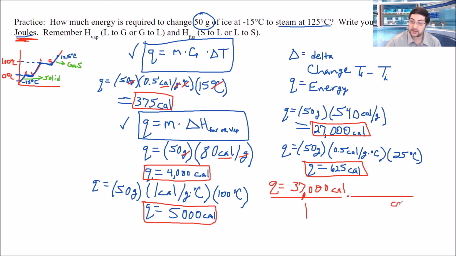So calories is going to go on the bottom so that whatever unit is on the top matches with the unit on the bottom. And we know that 1 calorie is worth 4.184 joules. Okay. So we'll take our 37,000 and multiply it by 4.184, and that is going to give us